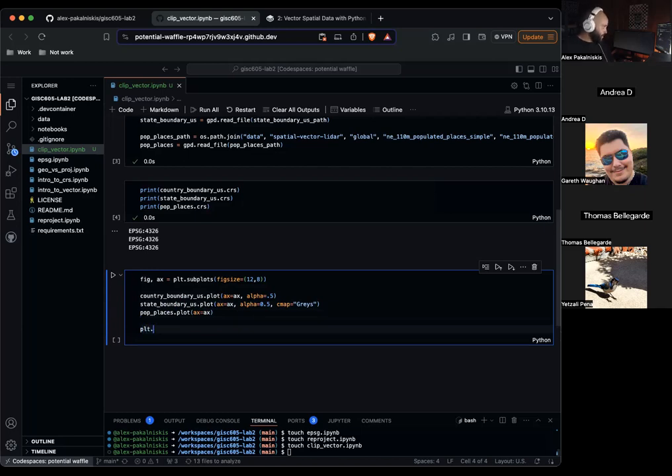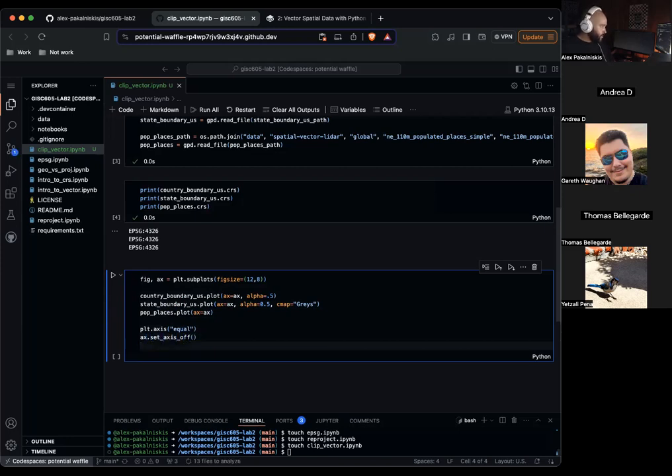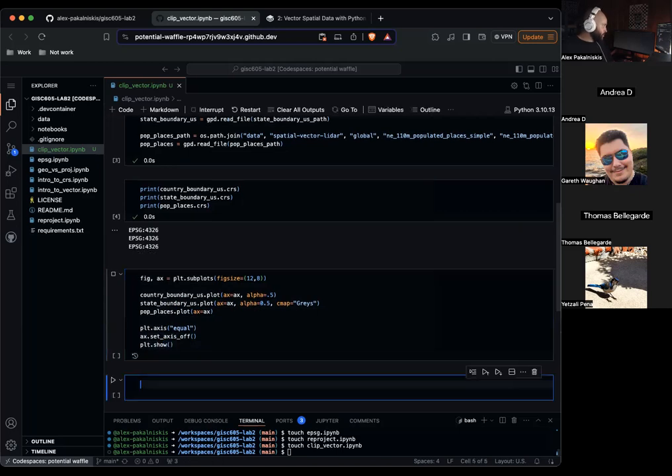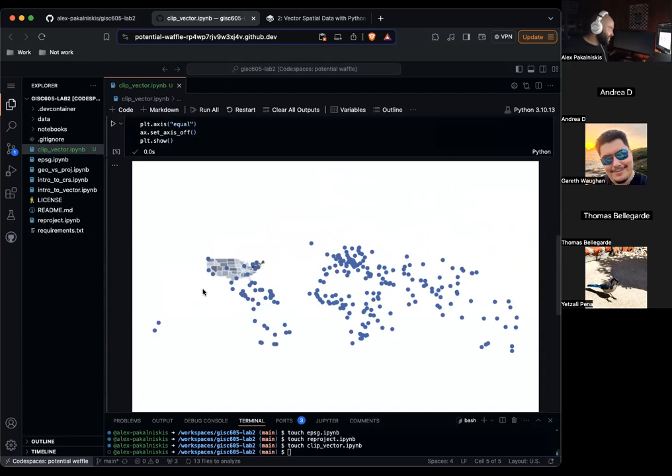And then we'll do plt.axis equal, ax.set_axis_off, and plt.show. Nice. So you can see we have our US boundaries and a ton of locations that fall outside of the continental US.